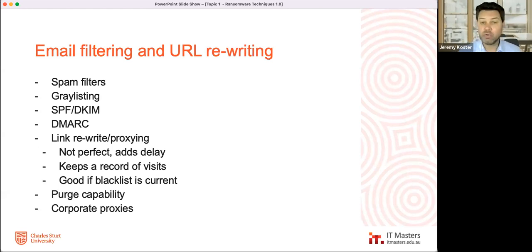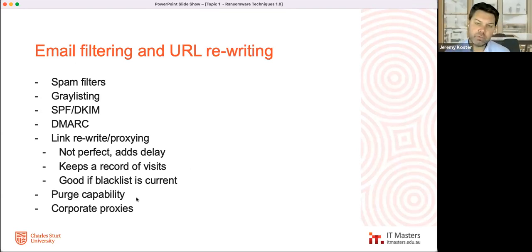So you can actually respond that way and claw back some of the activity that's taken. And it's good if the blacklist is current. If they have a good blacklist and the phishing link is already in there, because it's been used somewhere else, you might not be the first attacked, and it might already have a bad reputation and be blocked.